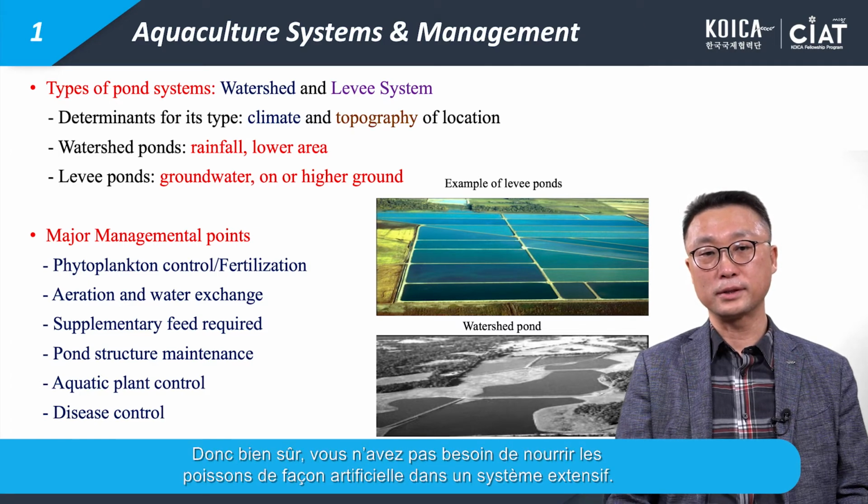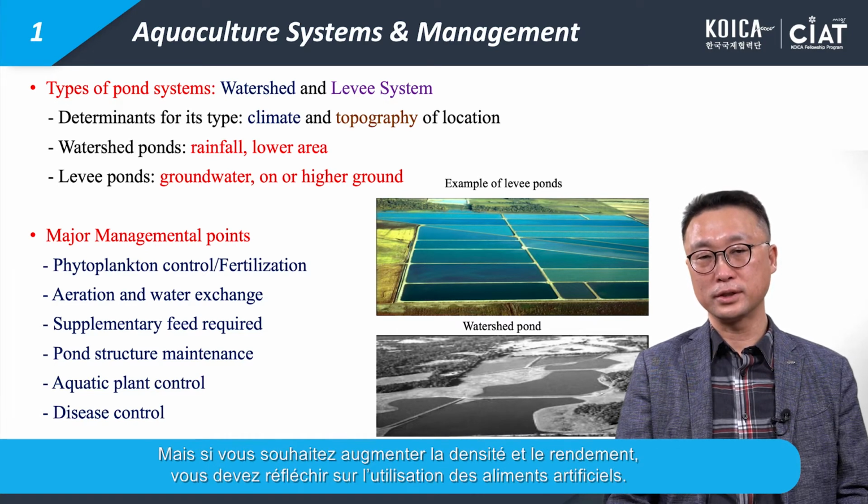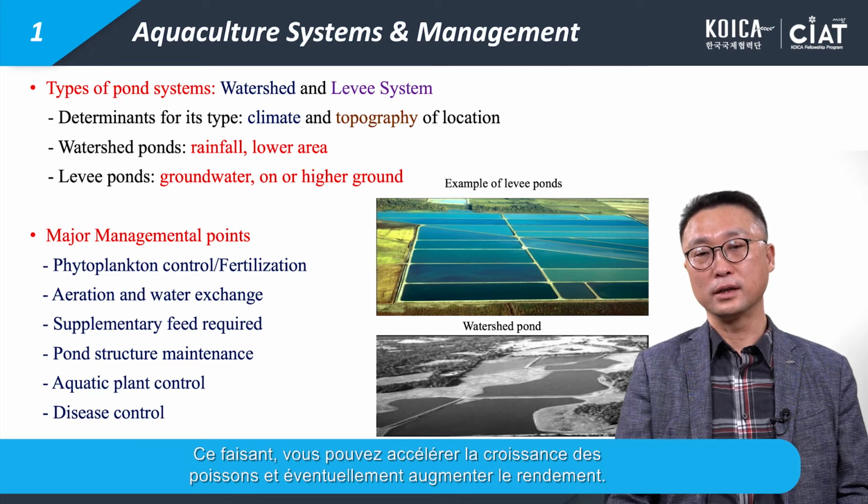Of course, supplementary feed is not required in extensive systems, so you don't need to supply artificial diet, but to increase the stocking density and production rate, you will have to consider using artificial diets. By doing so, you can accelerate fish growth, and eventually you can have more production out of it. However,